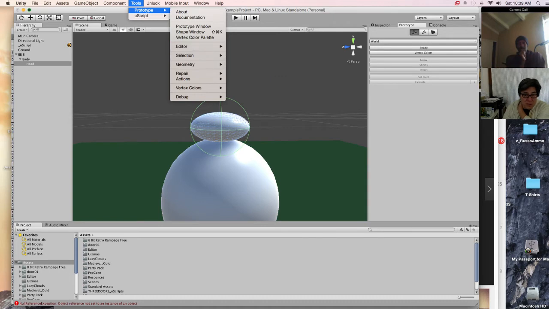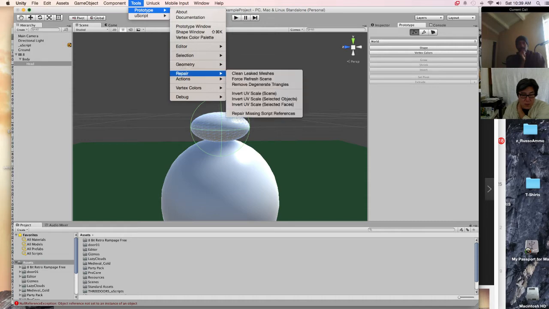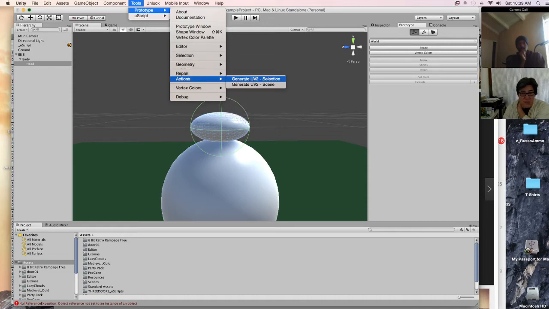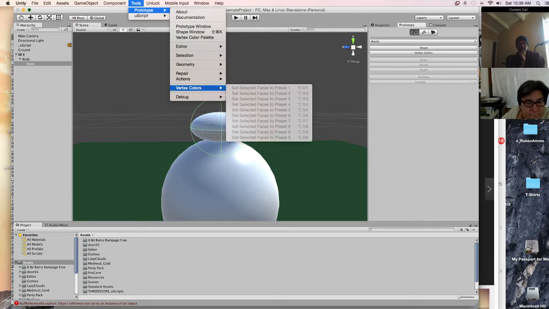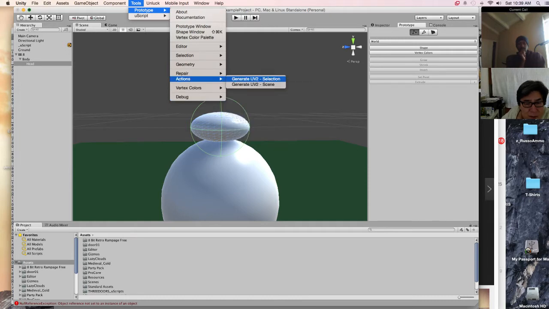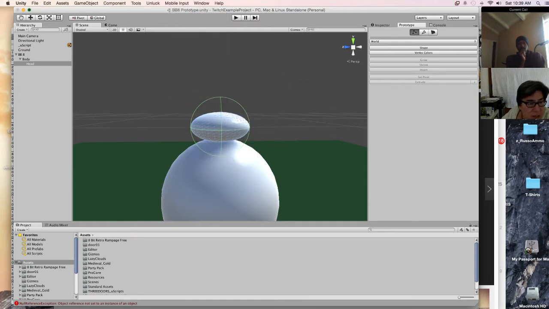Some things have changed. Let's see, selection, grow selection, geometry, repair, actions, generate. No, that's not it. There used to be a way to turn this into an editable object.